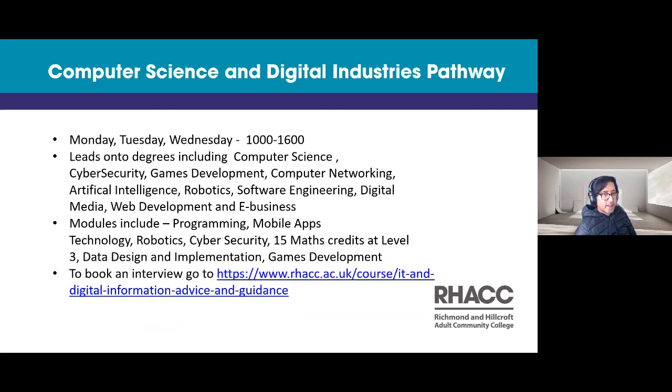The other pathway is the more modern computer science digital industries pathway, and this one starts actually in November, and it's 3 days a week, Monday, Tuesday, Wednesday from 10 till 4. And it's a slightly more updated curriculum where we've included subjects such as cybersecurity, games development, computer networking as part of this course too,